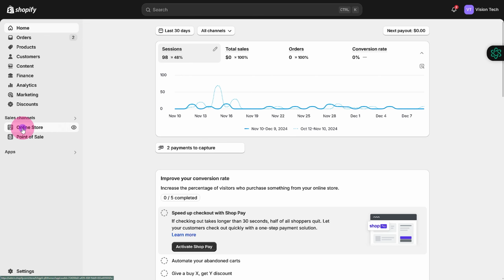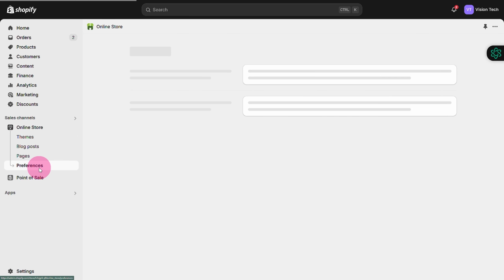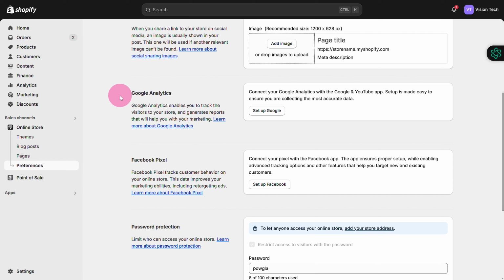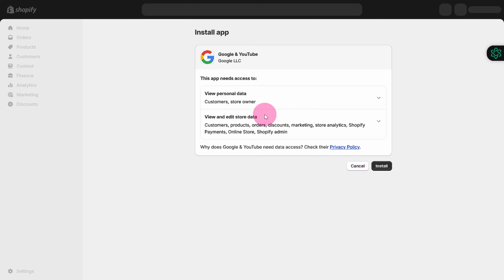So if we head over to our online store and then head over to preferences, you can see we have Google Analytics integration right away, and we do not even need to install any integration or build a specific app. So you can directly click onto this setup Google and you will be directed towards your Google Analytics integration